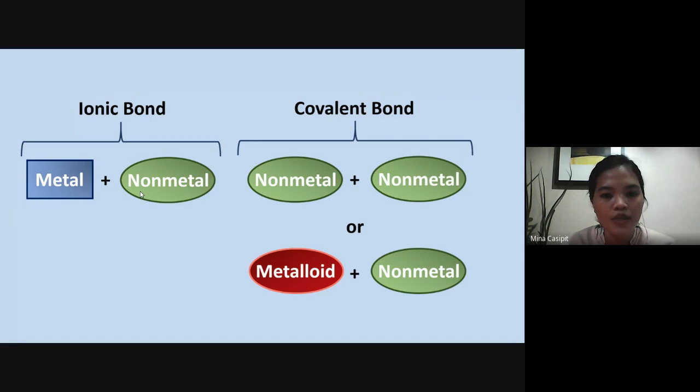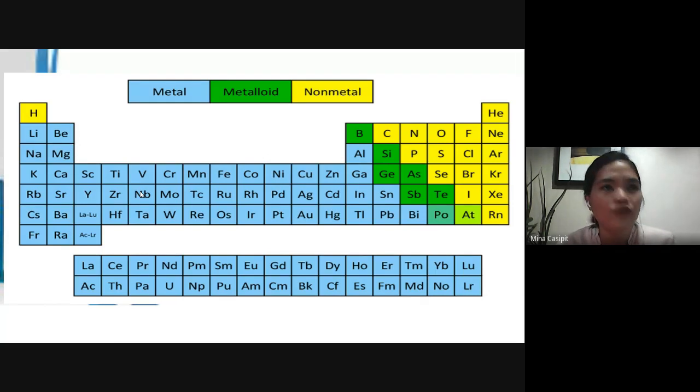Can we go back to the periodic table of elements? Tandaan po natin ito. Metal plus non-metal is equal to the formation of ionic compound. Non-metal plus non-metal, formation of covalent compound. Let's go back to the periodic table of elements in order for us to be familiarized what are the elements that are considered as metal and non-metal elements or metalloid elements. Okay, familiarize for 2 minutes what are the metal elements, metalloid, and non-metals.